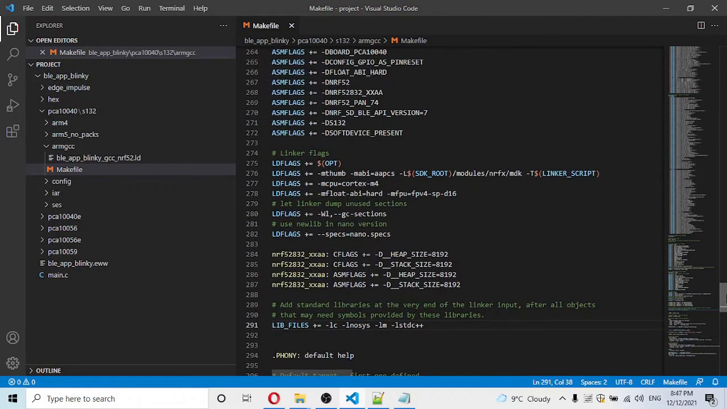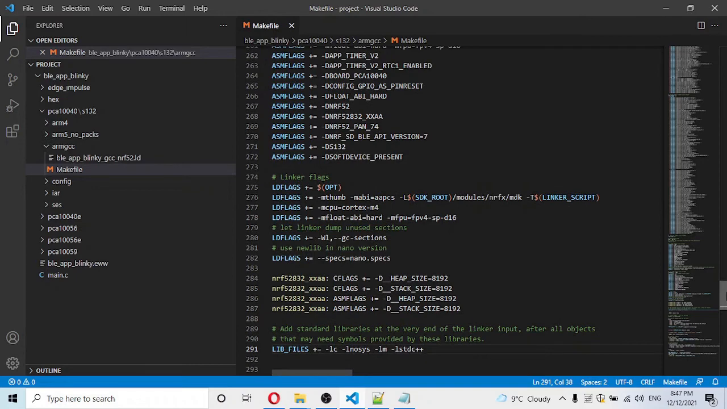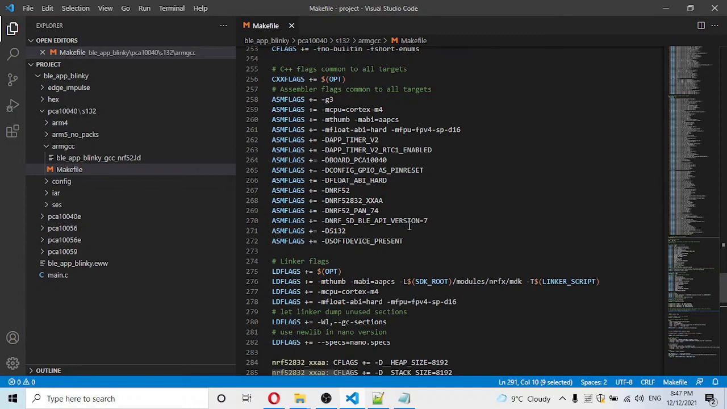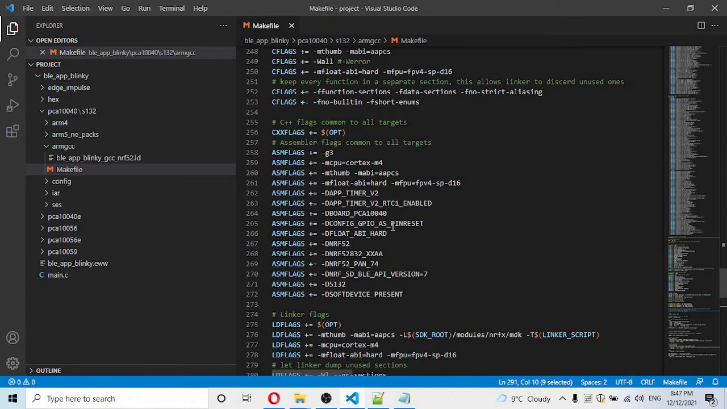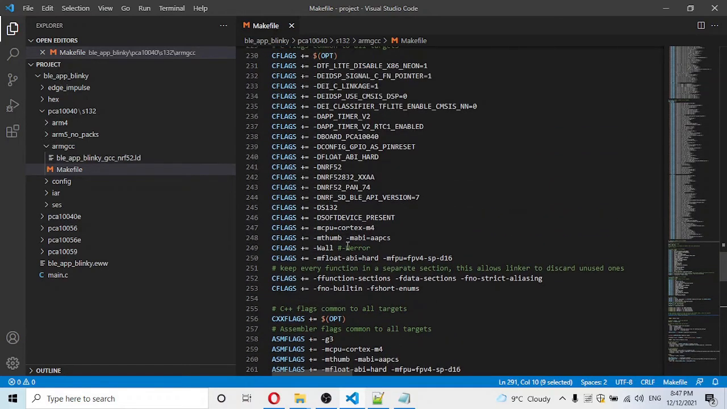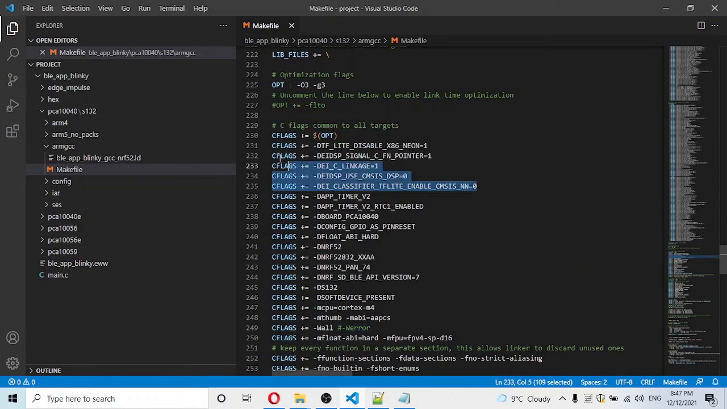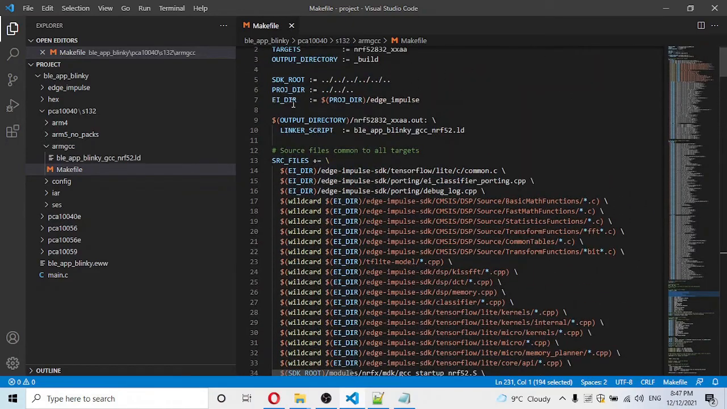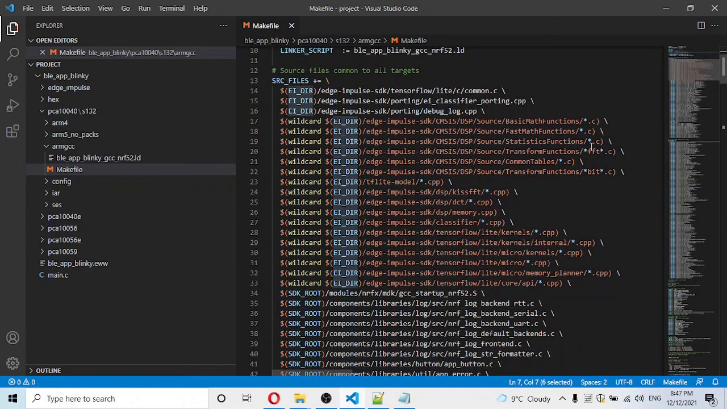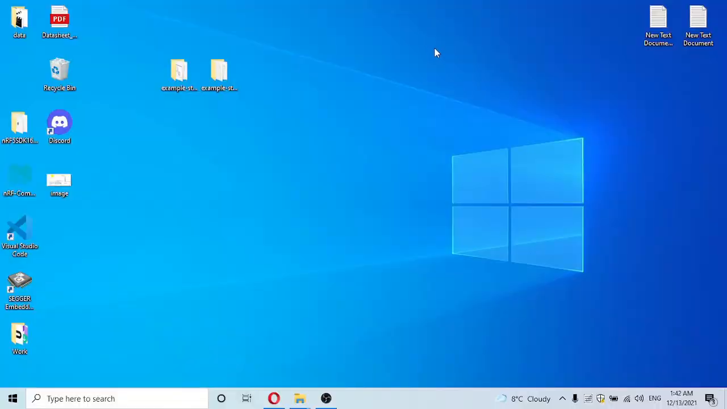And I believe we are finished with the Makefile. So we changed libraries, we removed the error warning flag, then we added this one, then we added 5 flags over here, and we dealt with adding the Edge Impulse directory, the source files, and the header. Okay, now that we are finished with the Makefile,